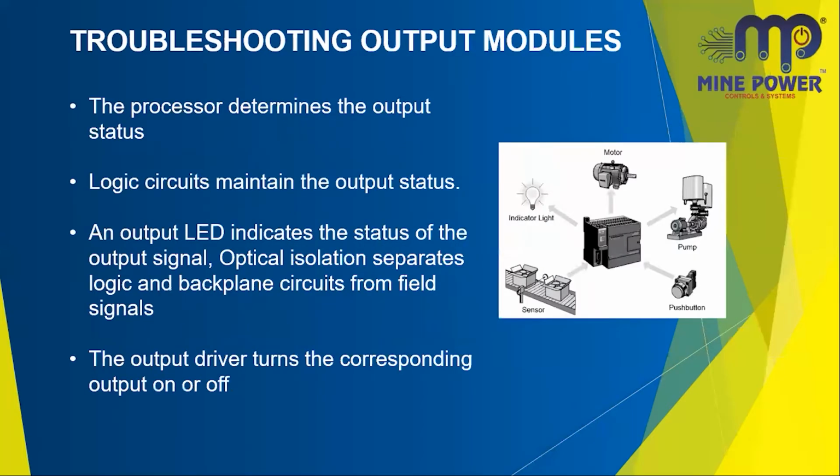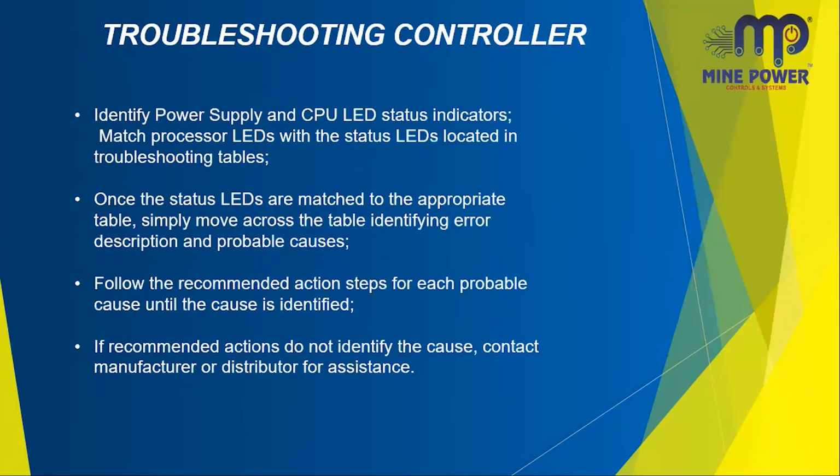The same applies to the output module. What are the outputs? Lamps, motors, pumps, etc. We need to check whether the neutral or minus ground is correct or not, and also check the output module of the PLC. So these are the main troubleshooting areas. Apart from this, I think no other problem will occur.